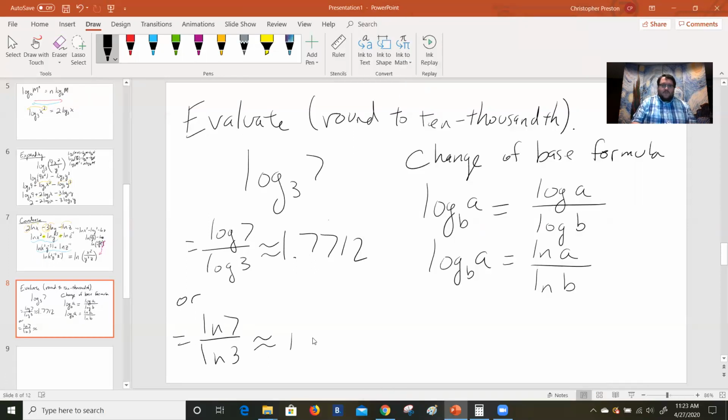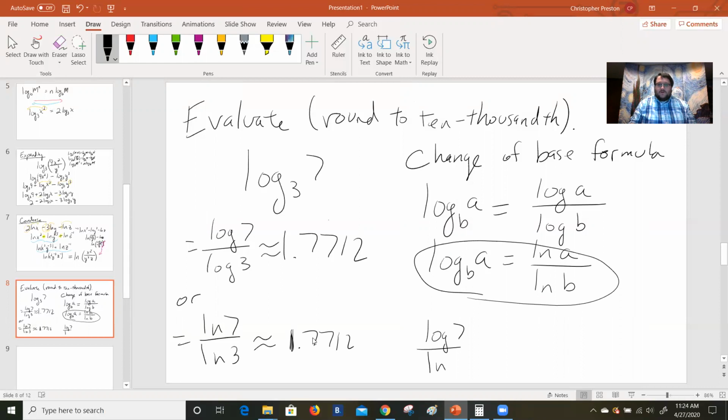So which one should I use? Well, it's up to you. I tend to use the second one just because it only has 2 letters for the log instead of 3 letters in the first one, but honestly, it doesn't matter. What you can't do is mix and match. So if you accidentally did like log 7 on top, but the natural log of 3 on the bottom, and you put that in your calculator,